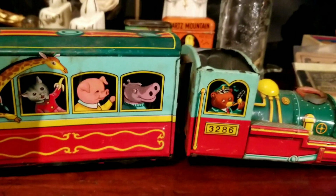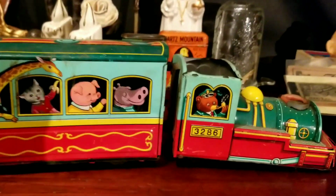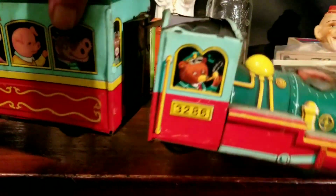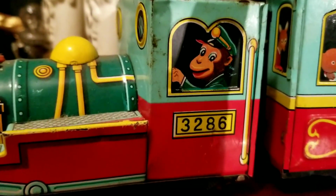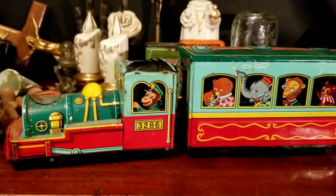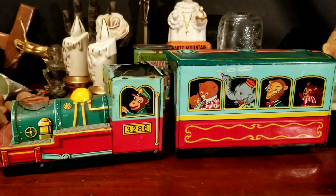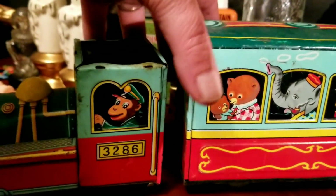And then I picked up this guy right here. This guy is already sold too. I think it was $8 for him. He is missing his top here, but I just thought he was cool. He's not rusty and crusty or anything like that. If you put him on a top shelf, I just thought it was cool that the monkey was driving here. So I grabbed it. I just love things that are kind of carnival or circus related. It's very specific. I know it when I see it. And this was one of the things that I just thought was really neat, especially for $8. So I purchased this